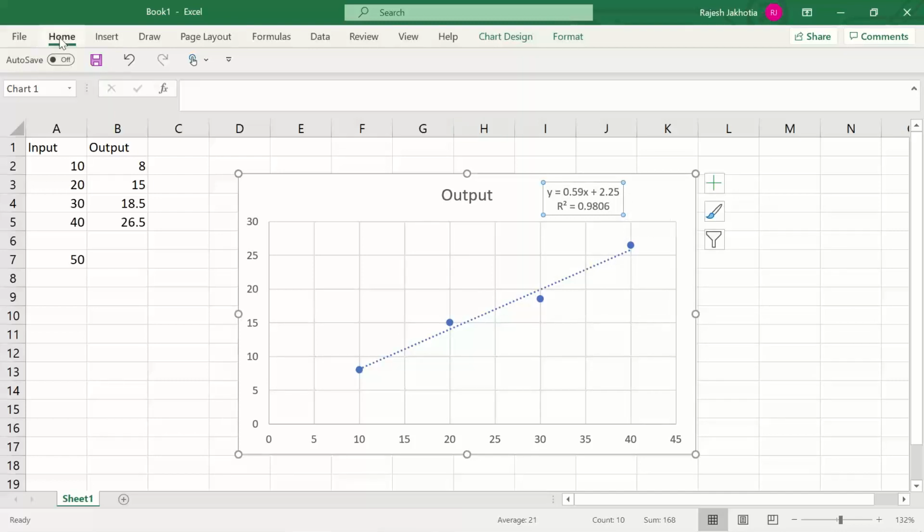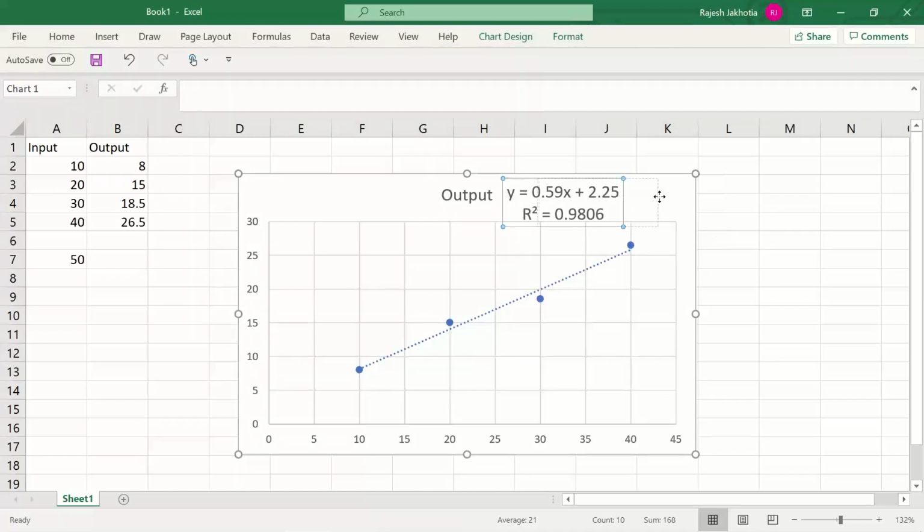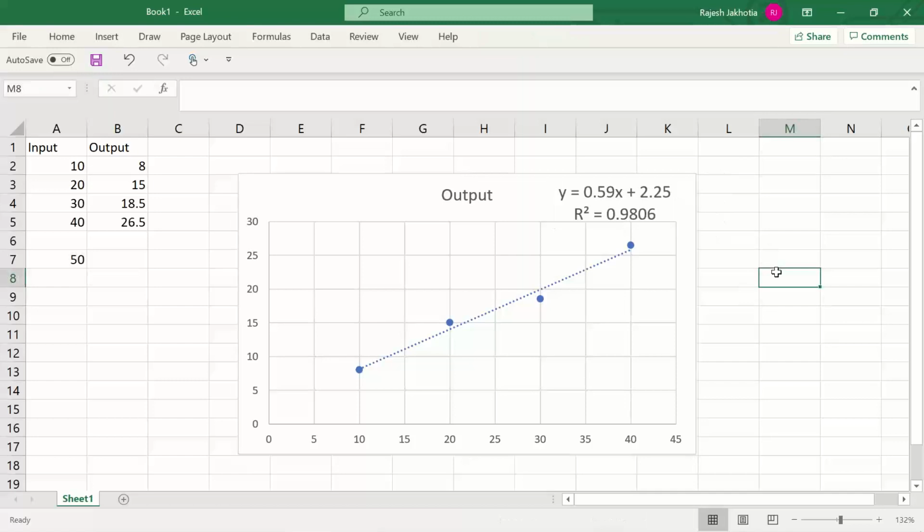The concept here is that input and output have some proportionality relationship. Assume it is a manufacturing company, a manufacturing unit where you're producing certain chemicals. Now if you take 10 tons of input, you get 8 tons of output. If you give 20 tons of input, you get 15 tons of output. It is not necessary that every time you give 20 tons of input, you will always get 15 tons of output. Sometimes you may give 20 tons of input and get 15.2 tons of output.